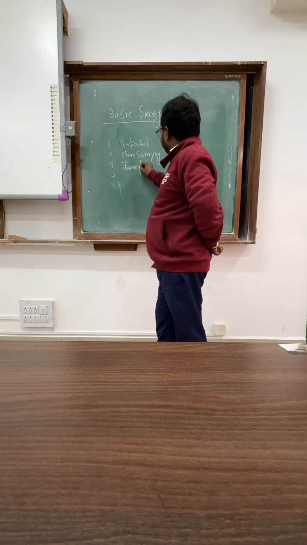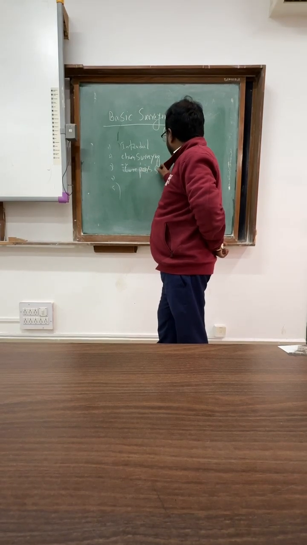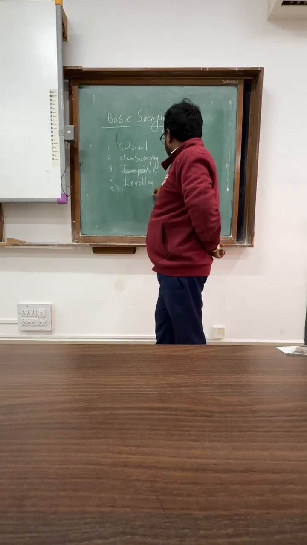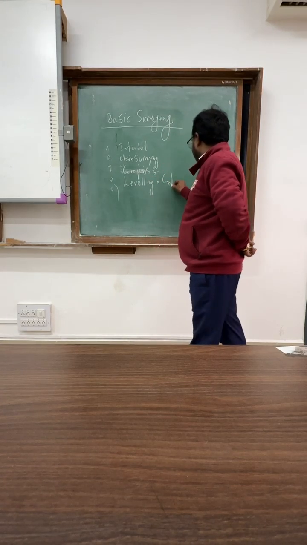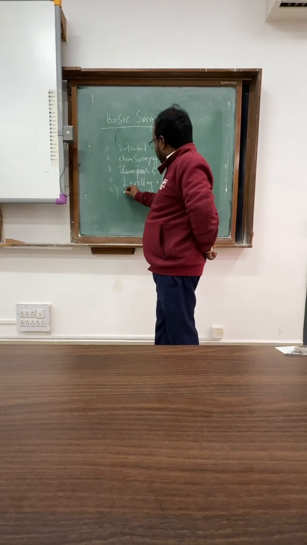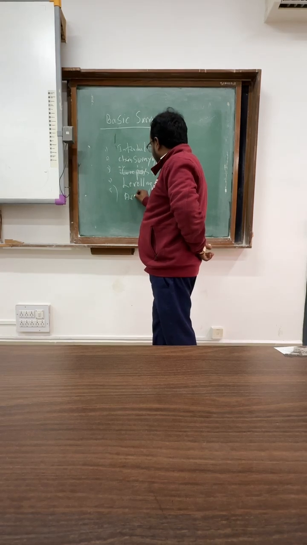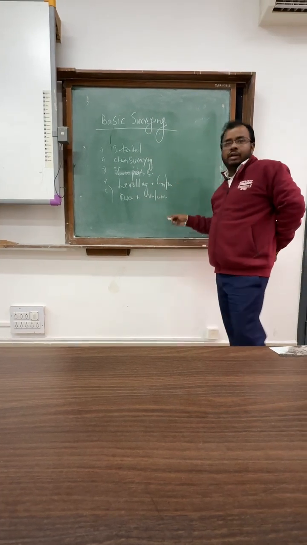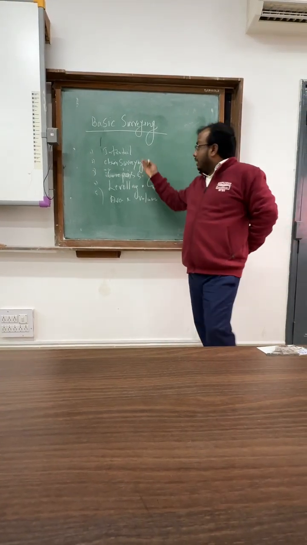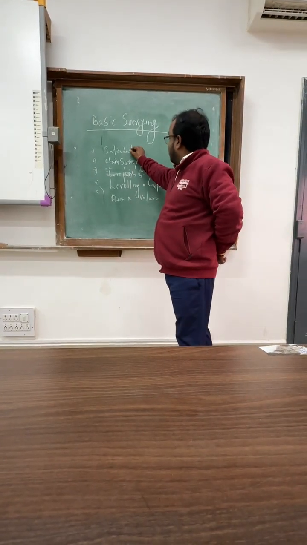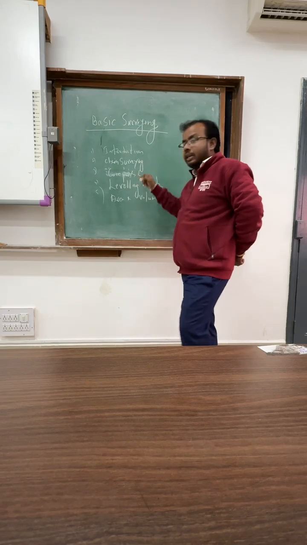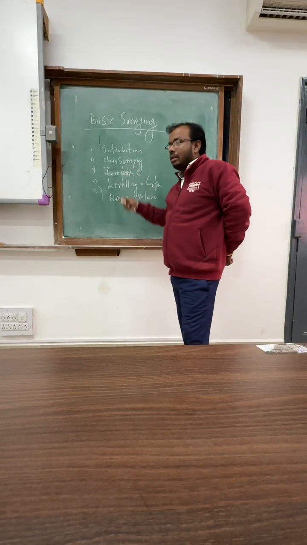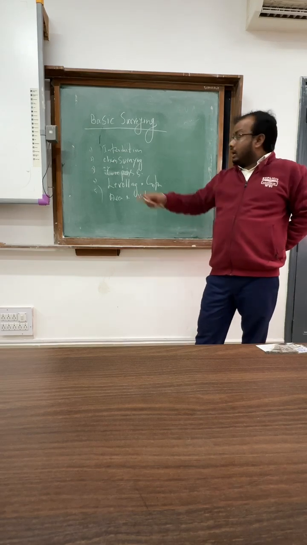Compass survey. Similarly, the next one is leveling and contouring, and the last one is area and volume. So basically these 5 units, as given in the syllabus, we have to study. The first one is the basic introduction, next is chain surveying. From the name itself it's clear that we are going to use the chain for survey purposes. So that is chain surveying.